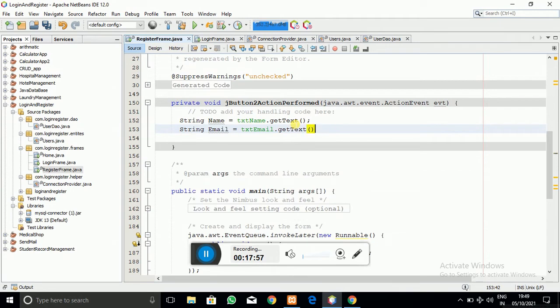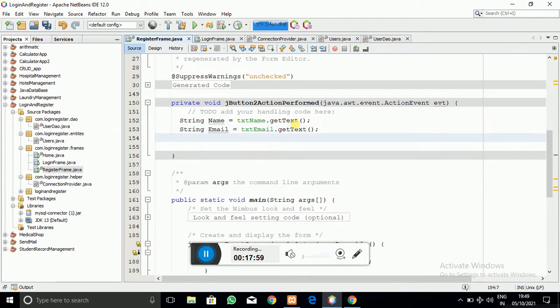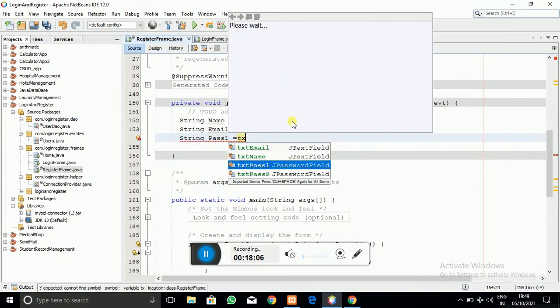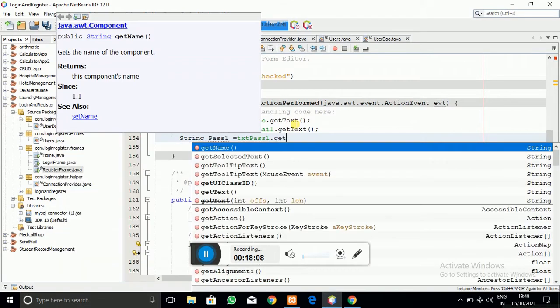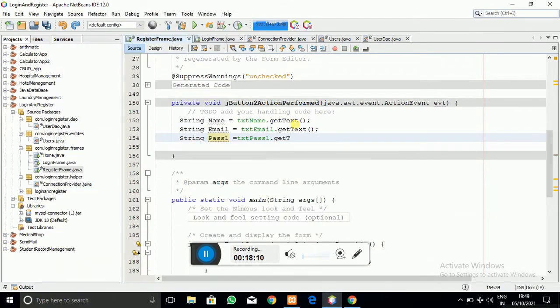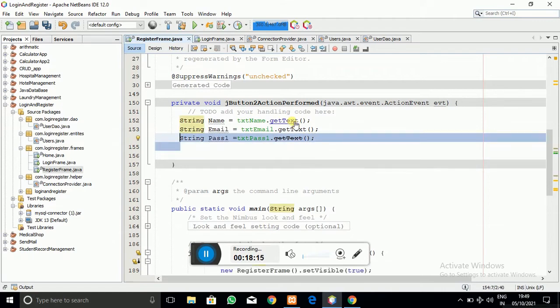and this data which I have accepted, I am going to store into the user entity class which I have created, and pass that object of that class to the save user method in the user DAO class.